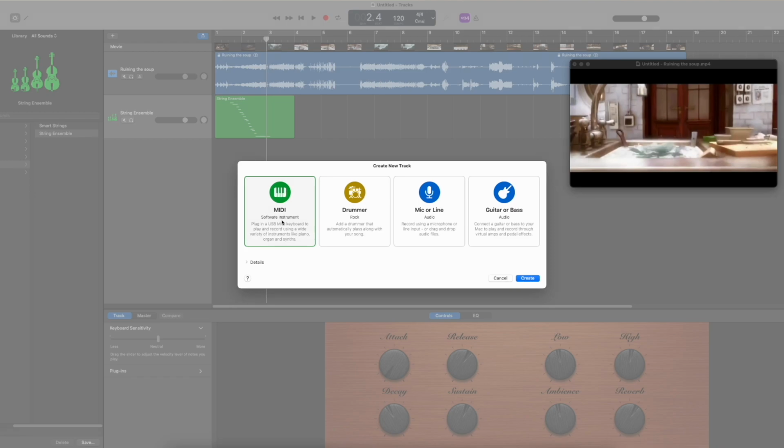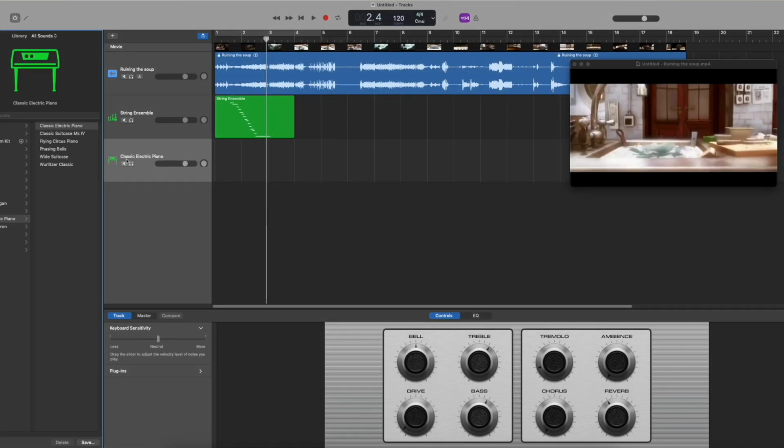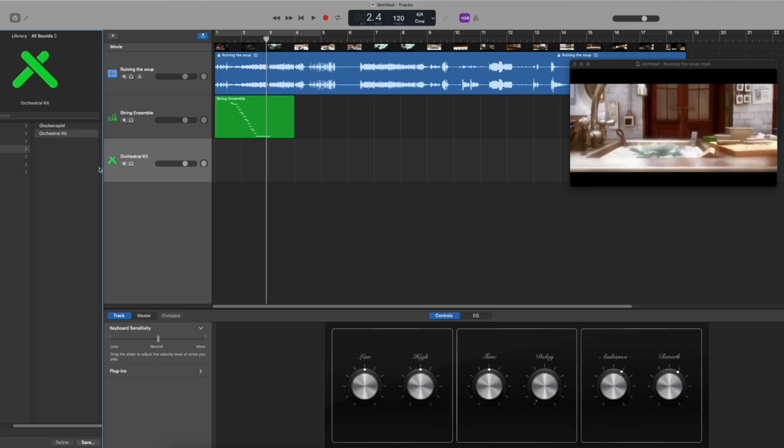Software instrument on the left, I'm always going to choose that one. And I've got a new classic electric piano just below the strings. So let's change that. I'm going to go to the orchestral menu to get my orchestral instruments again. I'm going to go to percussion, and the one I want to choose is orchestral kit. What that will do is it'll give me loads of different sounds that are played by percussion players in an orchestra. So if I press a key on the keyboard,